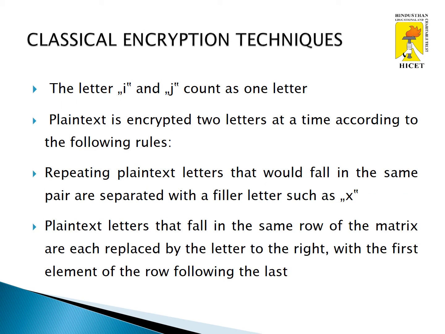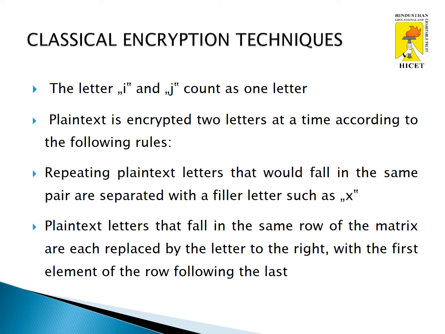Here the letters I and J are counted as one letter. Plain text is encrypted two letters at a time according to the following rules. Rule 1: if a pair is a repeated letter, we have to insert a filler letter like X. Rule 2: if both letters fall in the same row, replace each with the letter to its right,